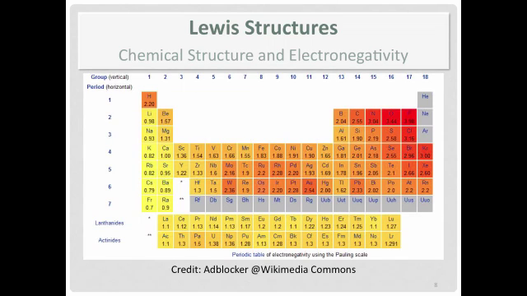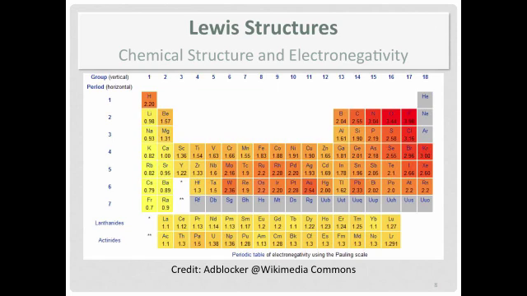Well, we can use something to help us with this, and it doesn't work all the time, but it's a decent predictor. Here's a table of electronegativities. Now this is using the Pauling scale. There are a number of different scales. You don't always have to have the numbers. If you're trying to find out which atom has the higher electronegativity or which one has the lowest value for electronegativity, a lot of times you can just look at trends.